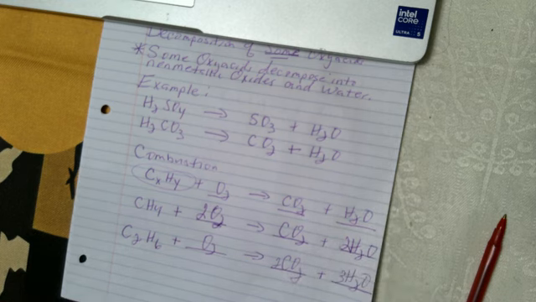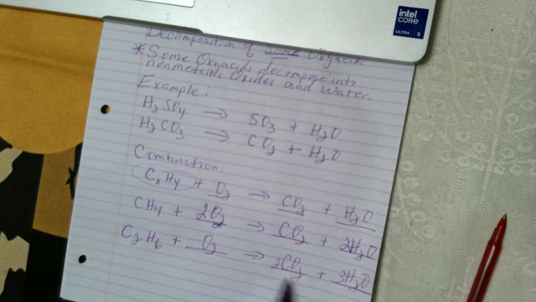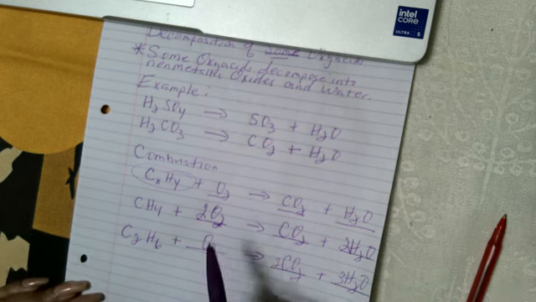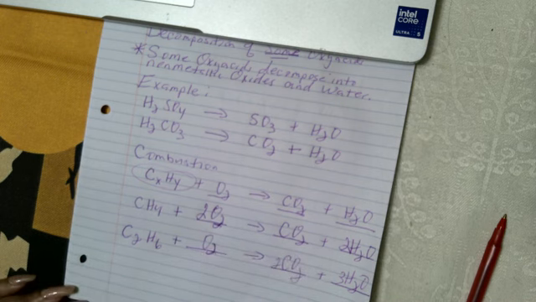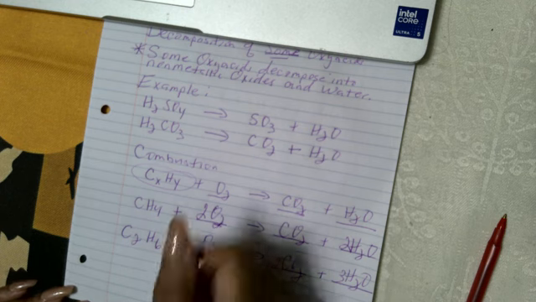Now guys, let's take a look at the oxygens. We got 2 oxygens here. Over here I have 4 oxygens plus 3. That makes me have 7 oxygens. So now, since that's making me have 7 oxygens, that's going to give me an odd number of oxygens. Anything I multiply by 2 is going to give me an even number of oxygens. So since I have an odd number of oxygens over here, which is 7, I'm going to put a 7